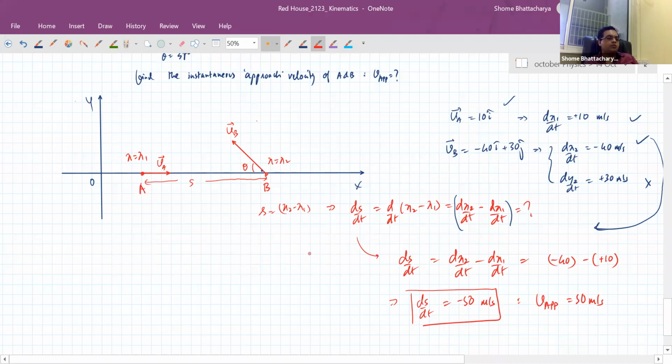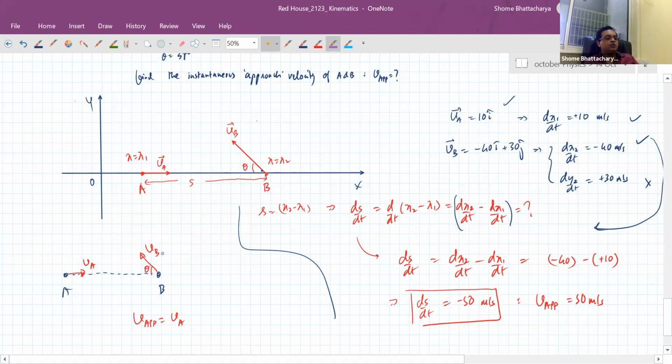Now, whatever I've shown by calculus and using coordinates over here, we can simplify and understand this way. This is the line joining A and B. Now A directly has a velocity towards B of VA. So how much does A contribute to the approach velocity? A contributes a factor of VA, because its velocity is directed towards B directly. Whereas B has a velocity in this direction at some angle theta.